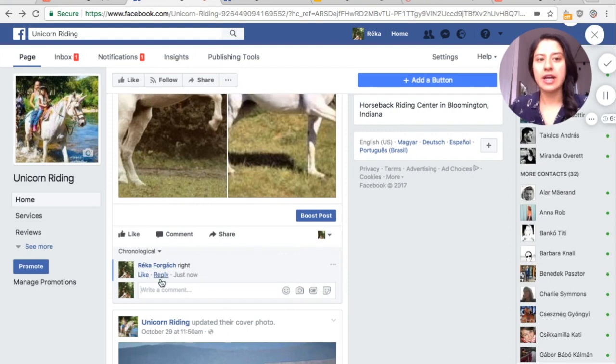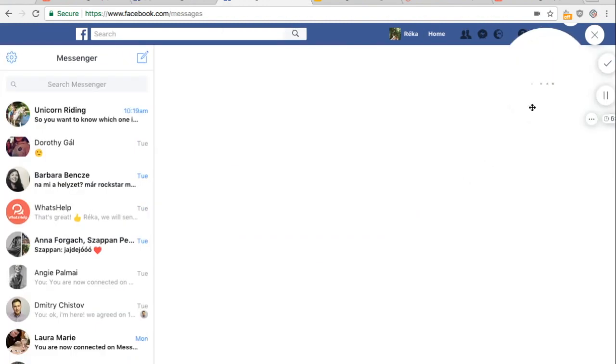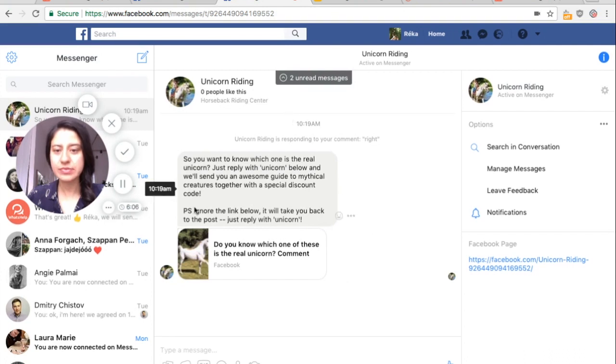So I've gone ahead and I've typed in write, and there we go. We see our message. So let's check this out on the jumbo screen. Gotta click on the message. We see our message here. This is the link that we are instructing our users, our readers, our followers, our repliers not to click on because it will take them back to the post. And instead, we've let them know that they should just type in unicorn. So I've typed in unicorn,